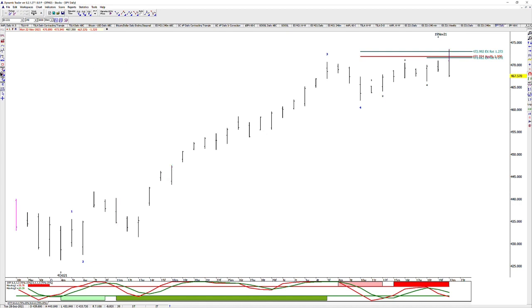So it was short on the close, and of course, where's the protective buy stop? One tick above the high prior to entry. So our trade position is short on the close with a protective buy stop a tick above the high of that day. So let me put that in, and then let's follow up on this trade and see how it's